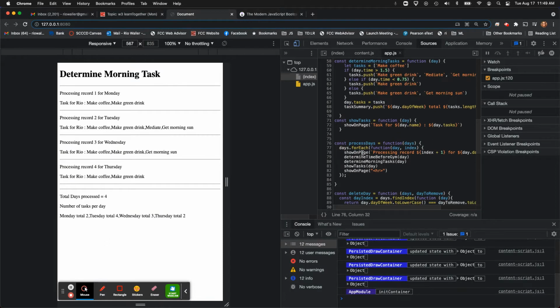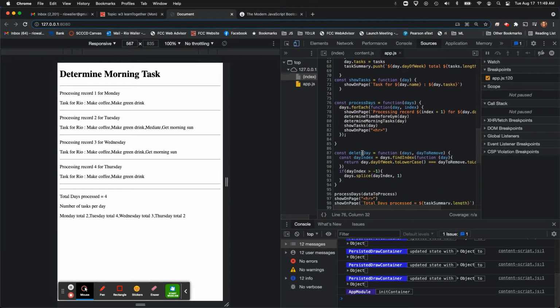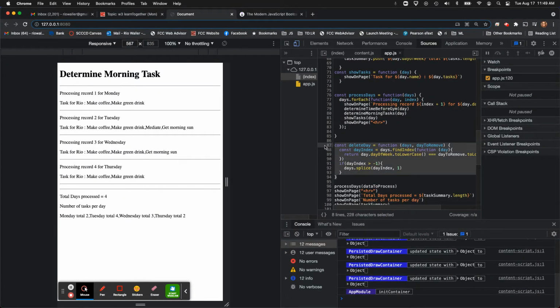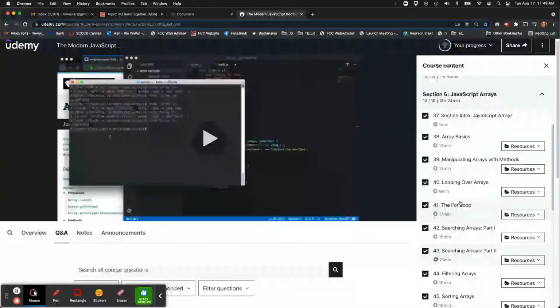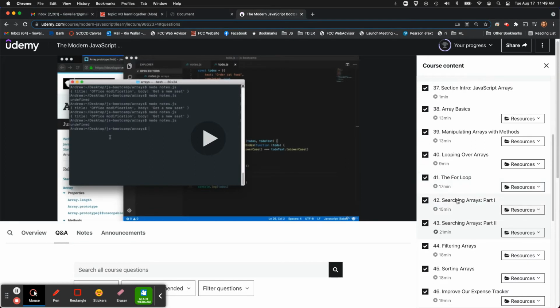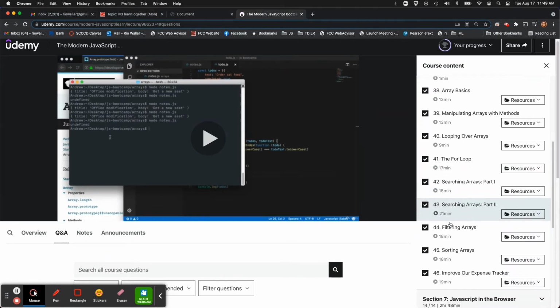Kind of abstracting it a little bit. And then at the very end, I ended up writing a delete day just so I'd have a little example to play with based on what I know you're going to get in these search arrays. Because we're not, for Learn Together, going to cover the rest of these concepts. But I definitely recommend the more you can play around with some of these other methods,